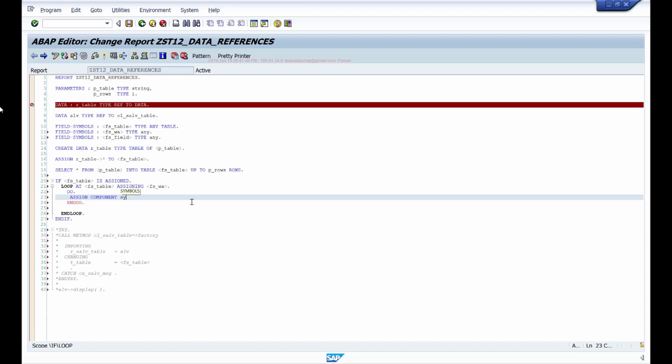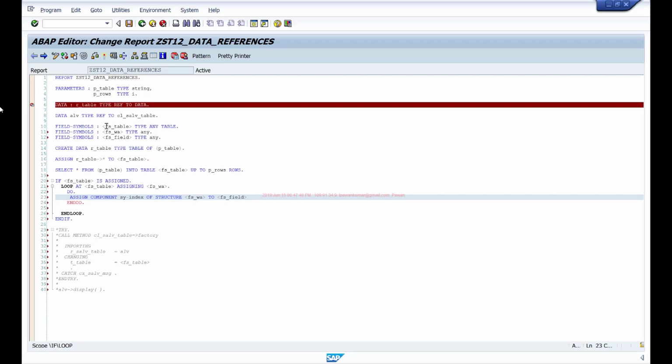So sy-index between this DO and ENDDO, this sy-index field will have the loop number. So in the first loop, it will assign the first field of this structure. In the second loop, it will assign the second field of that structure. So I can say assign component sy-index of structure FS underscore work area to my FS underscore field.